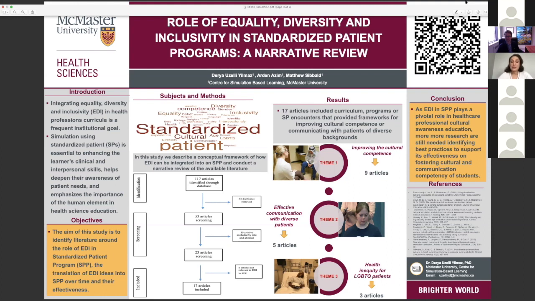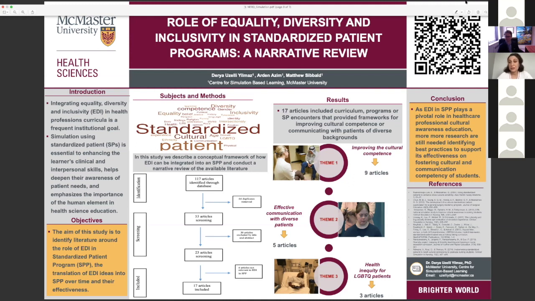So most studies reported a positive teaching and learning experience among healthcare students with SPs from diverse backgrounds, such as cultural, gender, age, disabilities. But a current gap in the literature is that it does not cover the challenges around the integration of EDI with SP programs. In conclusion, EDI in SP programs plays a pivotal role in health science education,